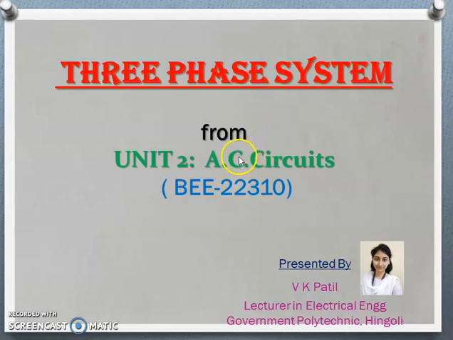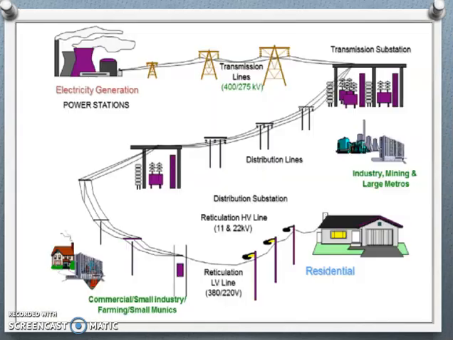In the previous lectures we have already discussed what is meant by single phase supply and what are the circuits associated with that. That is purely resistive circuit, purely inductive circuit, purely capacitive circuit, and the series and parallel combination of these three basic circuits. In this session, we are going to discuss how to generate the three-phase EMF and what are the different types of three-phase connections we have for the supply or load. Okay, so let's get started.